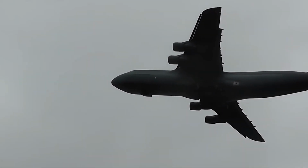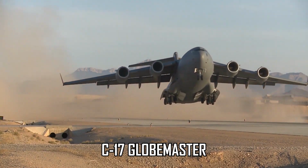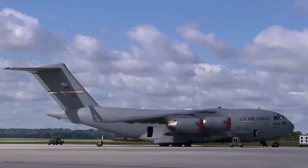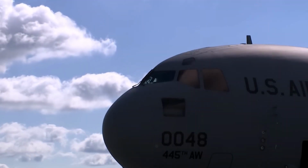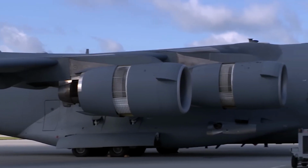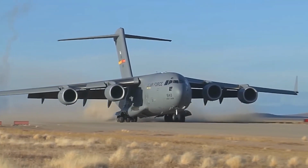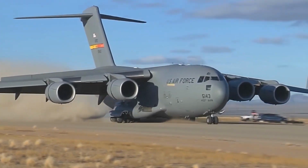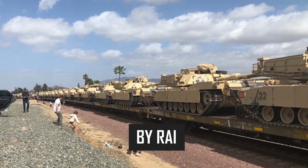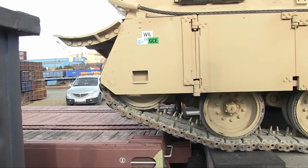It's much more common for a smaller cargo plane, the C-17 Globemaster, to move 1 tank at a time. The C-17 was created with the ability to transport a fully equipped and armed Abrams tank, plus its tanker support truck. This aircraft is still a big beast, with just under 170 feet of wingspan. The C-17 has an international range and can land on even small airfields, making it an ideal choice for most air missions. By rail. Once the tanks reach the right continent, the preferred method to transport them long distances is